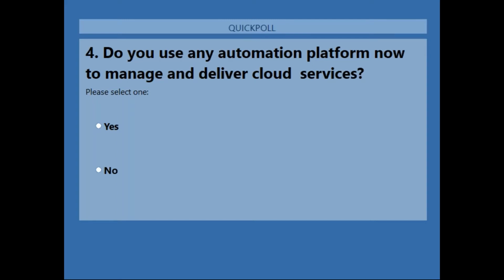So now let's quickly go through, for example, a quick question about how many of you have some kind of an automation platform like RackNap to be able to perform these functions for you. So we're keen to understand, do you have something already, or do you need some help from us?